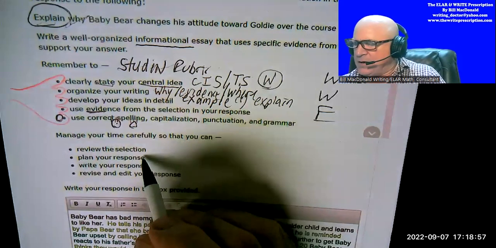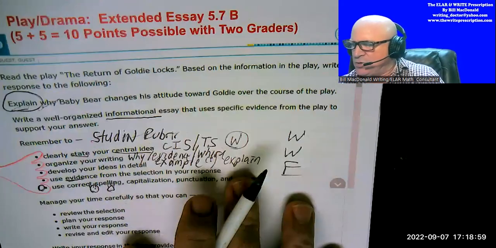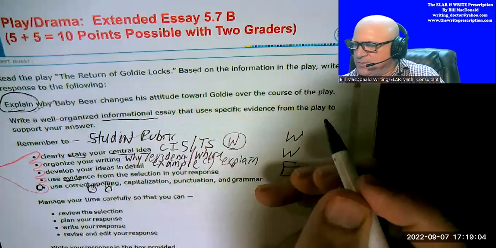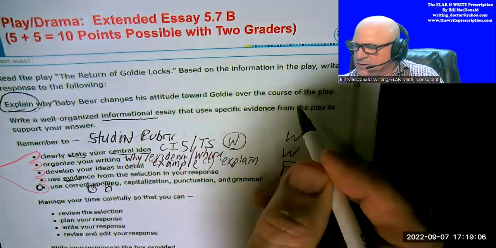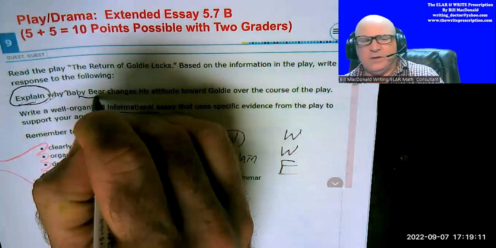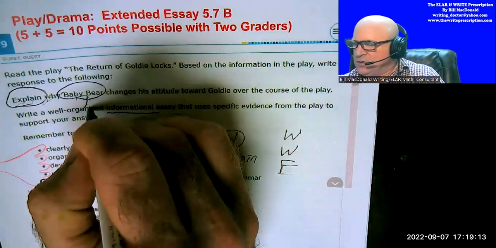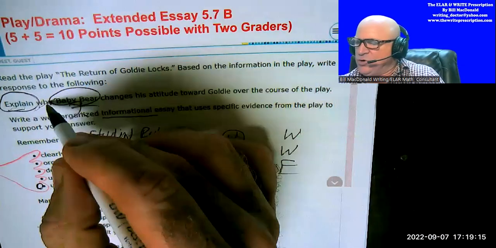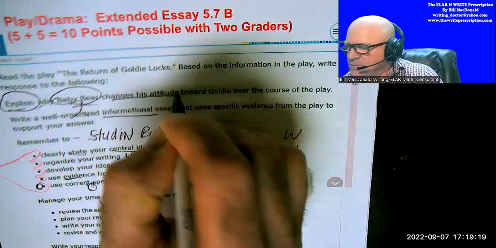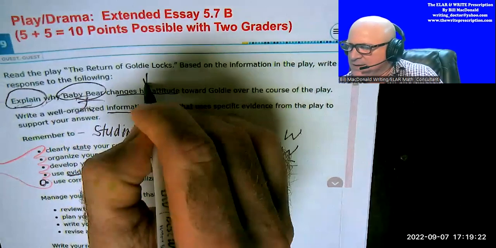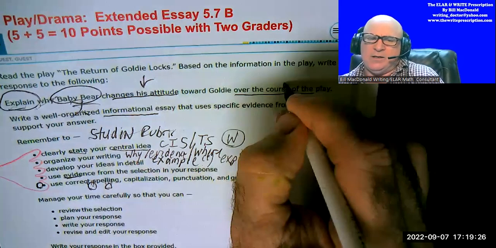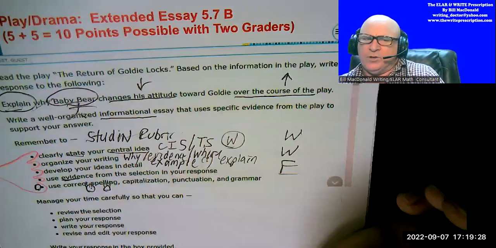Why does Baby Bear change his attitude towards Goldie over the course of the play? Okay, Baby Bear is the subject. Why is the reason changing his attitude? It goes from a negative attitude at the beginning and over the course of the play. At the end, he has a positive attitude. And so because the question,